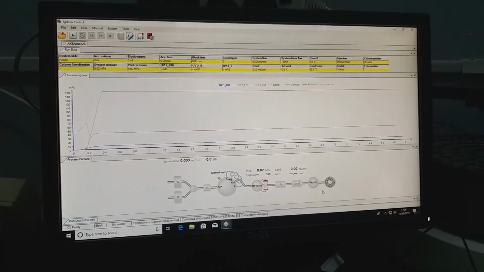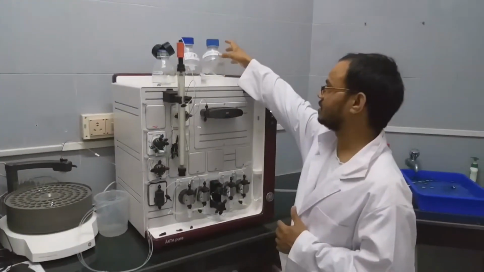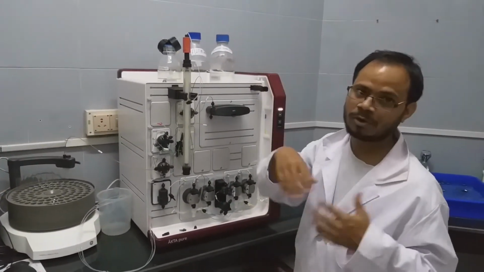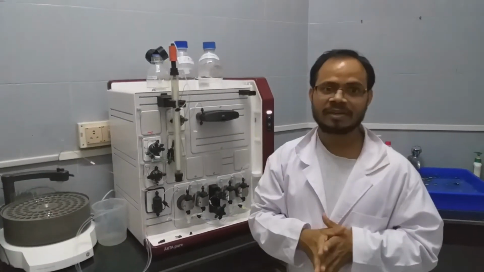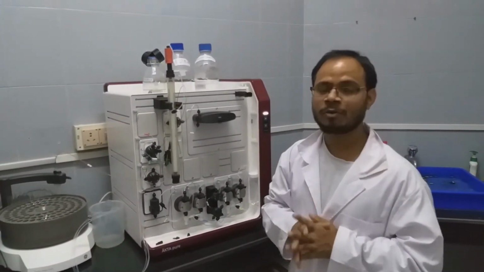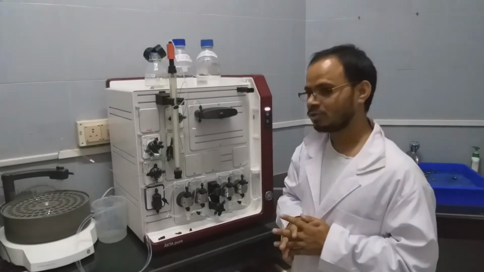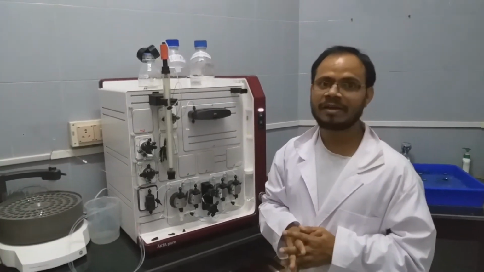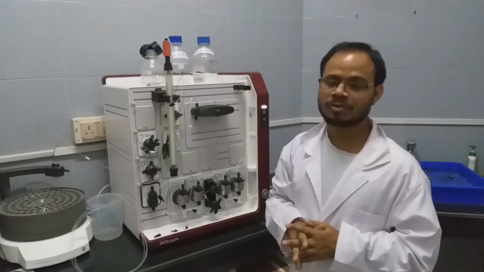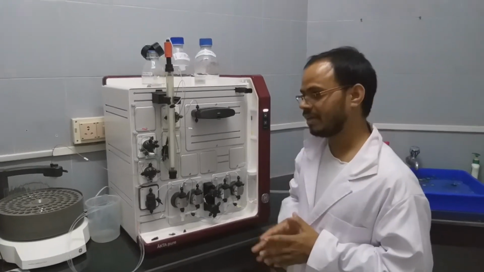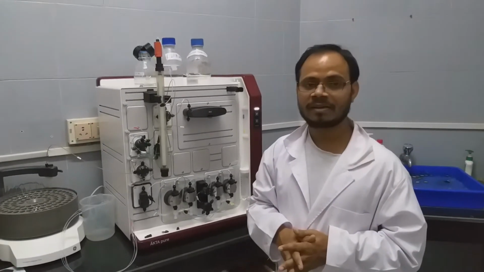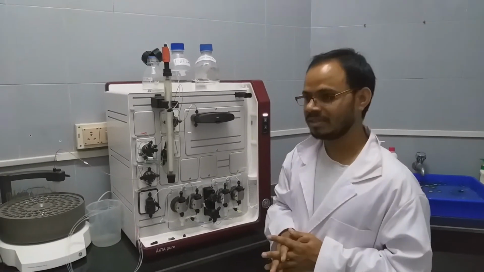This is software introduction. These are the buffers we are going to use for this demo. The buffers need to be filtered through 0.2 micron filter and also degassed. For degassing purpose, we will use bath sonicator. So it will remove any air or air bubbles present in the buffers.